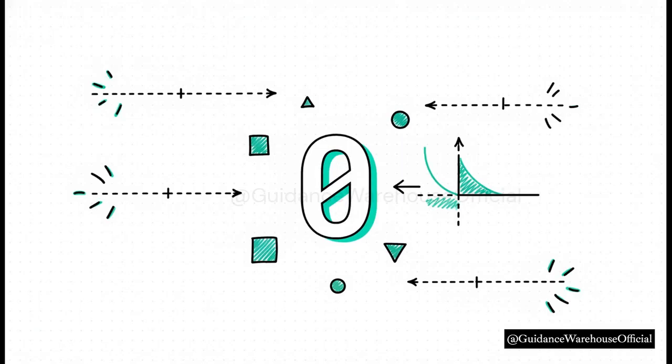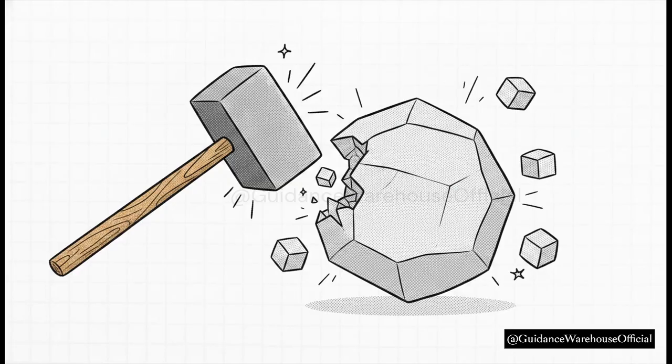Okay, quick check to keep you on your toes. What's the derivative of g of x equals -3? Think about it for a second. It's 0. Because -3 is just a constant number, its rate of change is 0. Boom, done. So now that we understand the basic idea, let's move on to the absolute workhorse of differentiation, the